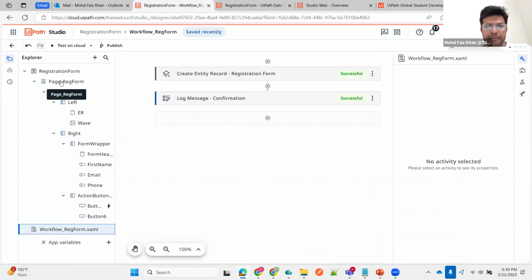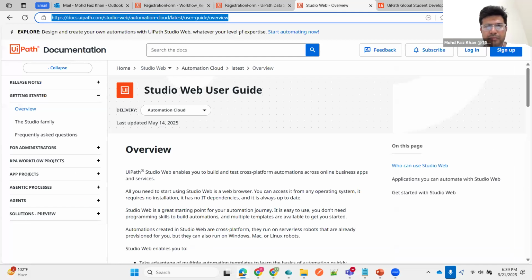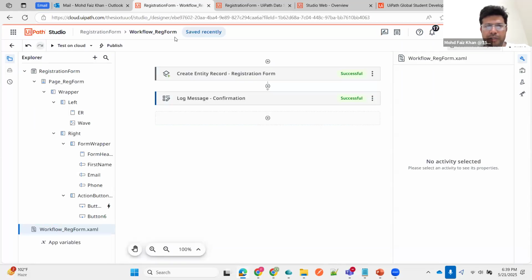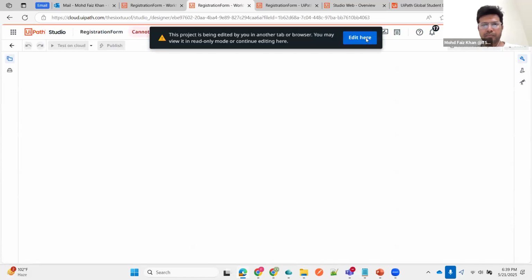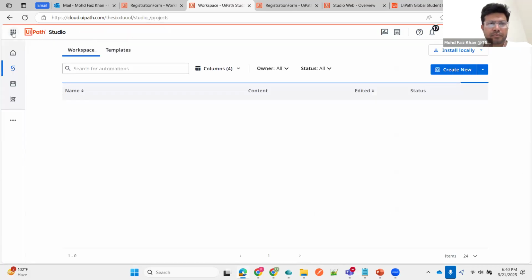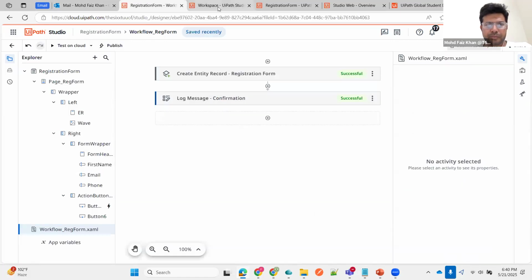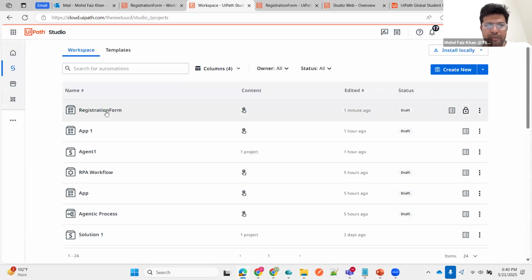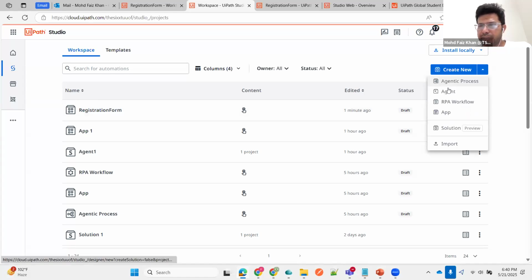So we have built the apps, the Studio Web solution. Now we can build the agent. In order to build the agents, you can come to UiPath Studio Web again. Let me duplicate this tab. I can come to UiPath Studio Web. Just now I have built the solution, registration form, that is the apps. Then I can click here. You can see we have the option to build the agent. Click on this agent,